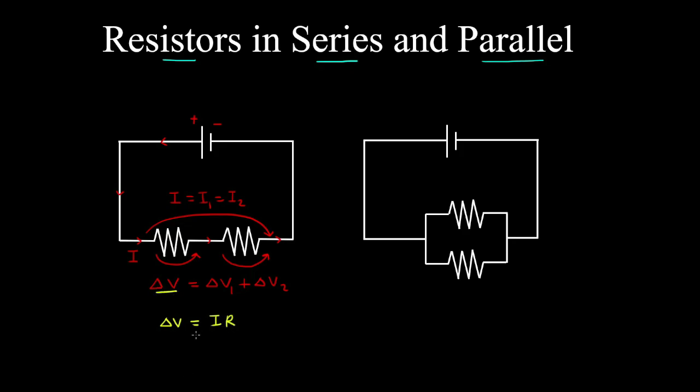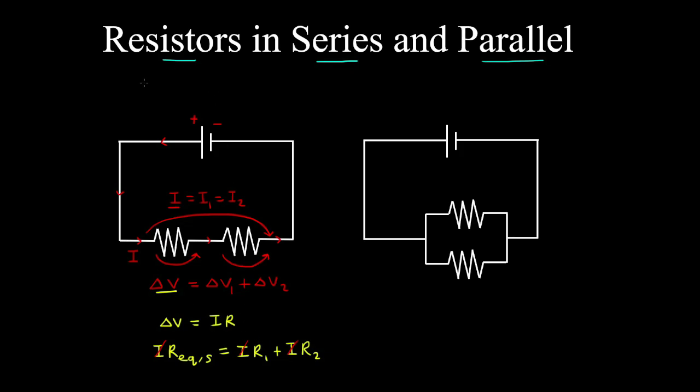So therefore, we have the voltage drop being the current multiplied by the equivalent resistance of the resistors in series, which is equal to the potential drop across the first resistor plus the potential drop across the second resistor. So as we can see, because the current is constant, it cancels,